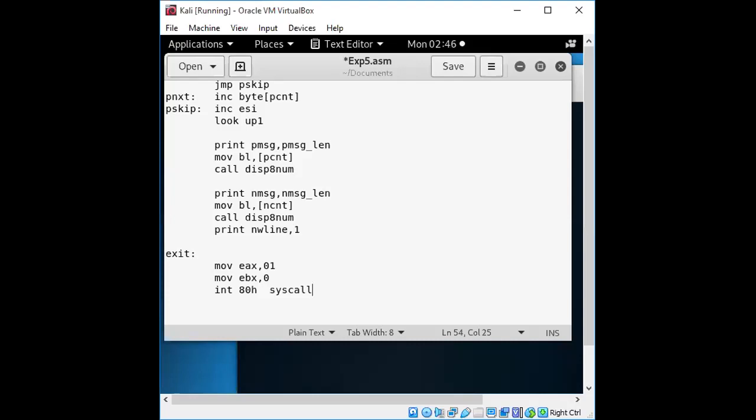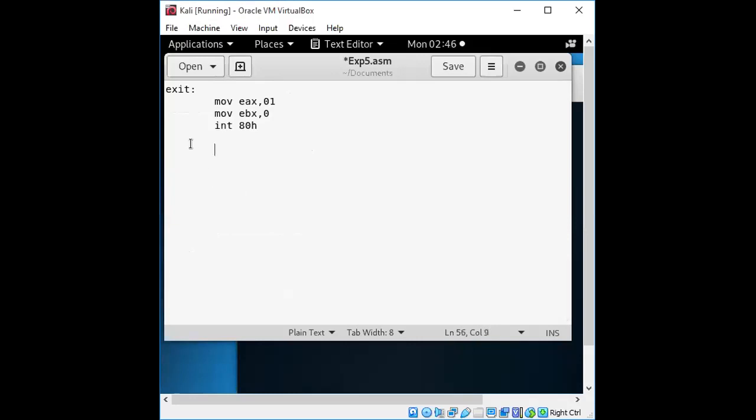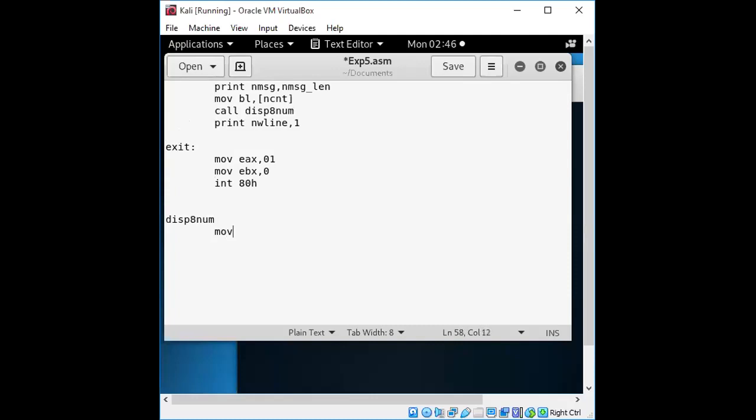So it will make the system call for this, or you can write it in this form, so that it will be okay. Now one more system call that we are going to identify here is for checking these values, whether the number is greater than 9 or less than 9. Here I think we have given the name, which is 8. You can give any name for the system call. We need to check with this. So this will check whether it is a number which is a digit to display.